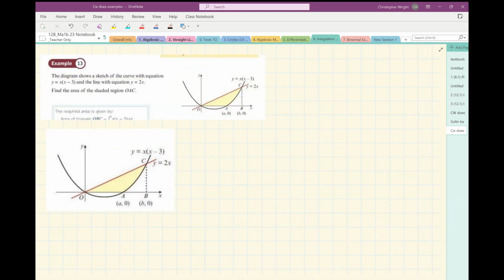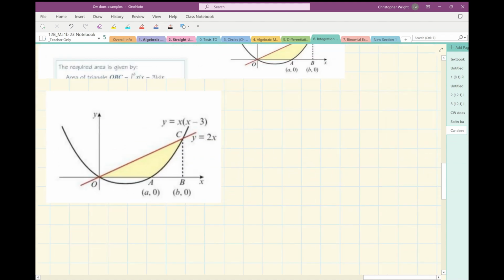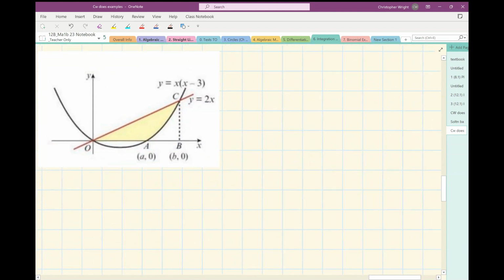Example 13. We've got a sketch of the curve with this equation, and also the line y equals 2x. And we're being asked to find that shaded yellow region. So we need to make a plan. First thing to do is to make a plan, not just to do a whole load of maths without thinking about what you're doing. Now, if you want to find that shaded region, it seems to me that one way